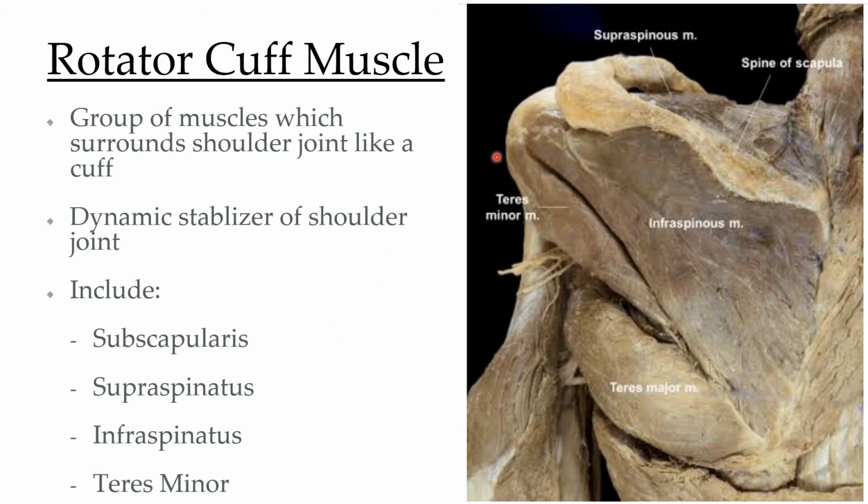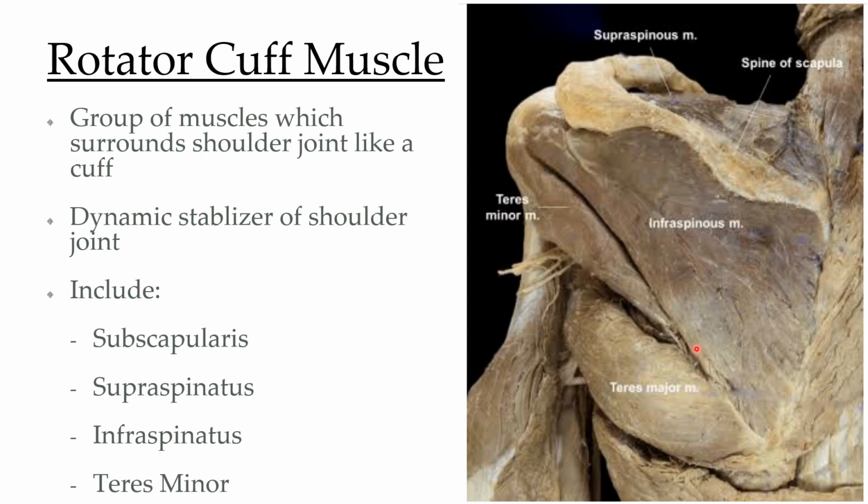The illustration on the right side shows the posterior aspect of the scapular region. Here you can see this is spine of scapula, which is continuous with the acromial process. Because of the presence of spine of scapula, the dorsal surface of the scapula gets divided into two fossae, supraspinous fossa and infraspinous fossa. On the supraspinous fossa, you can see the brown fibers of a muscle named supraspinatus, and over the infraspinous fossa, you can see these brown fibers. They are the brown fibers of infraspinatus muscle.